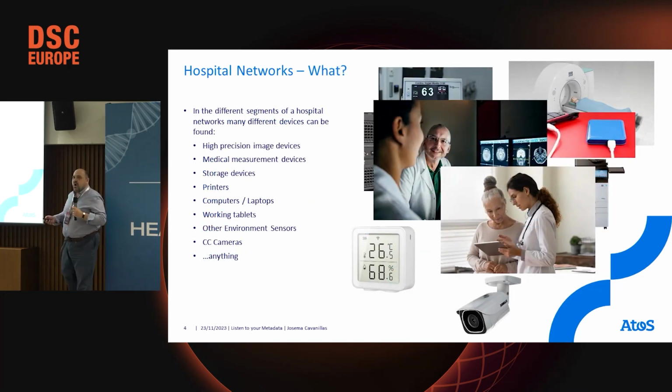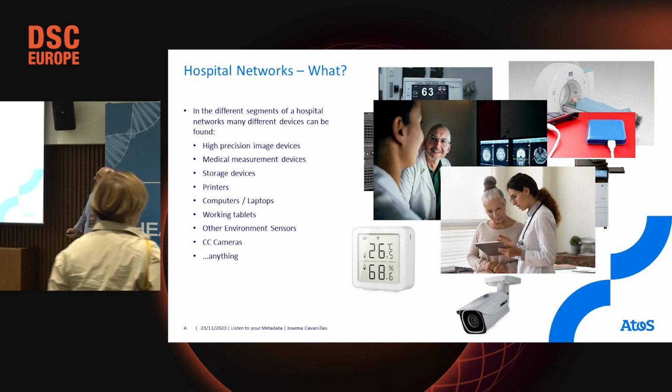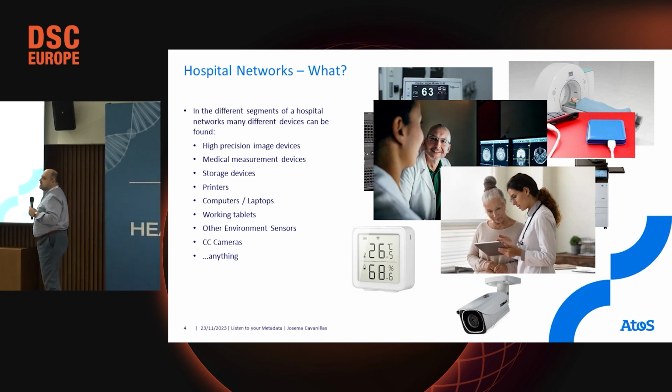Okay, and then what do hospitals connect to the network? Let's go. First of all, of course, they have to connect high-precision image devices, and high-precision devices in general, which produce a lot of data that has to be conveyed through the network. But also other measurement devices, which are not necessarily high-precision, with a lower amount of data. Sometimes they are directly connected, sometimes they collect data and are then plugged in, downloading the data they have collected. Of course, storage devices, big and small, and also printers of all kinds, even specific printers for medicine, computers, laptops, and also the tablets used by the nurses in everyday work, and things like environmental sensors,